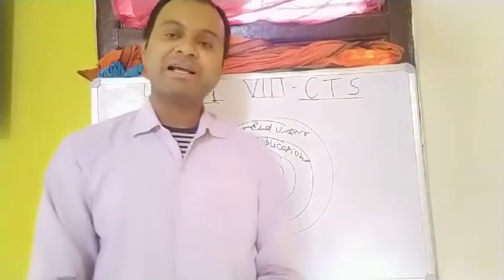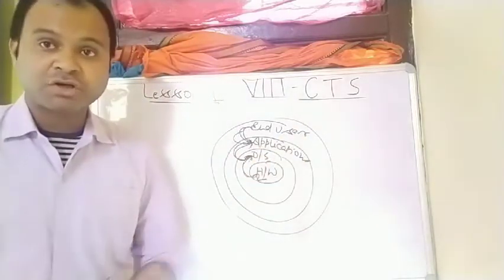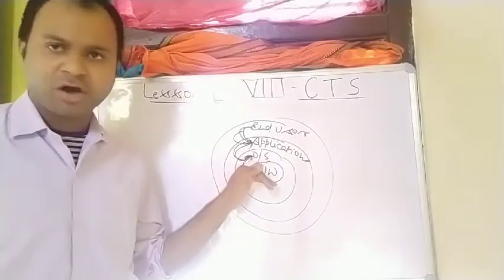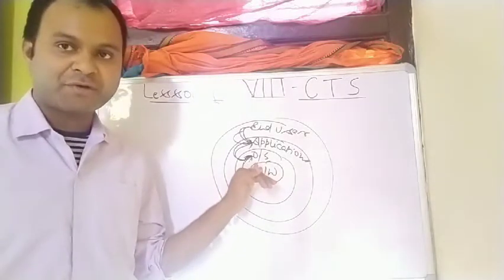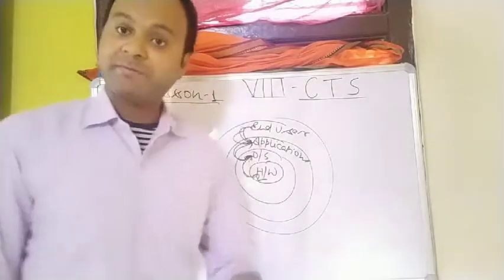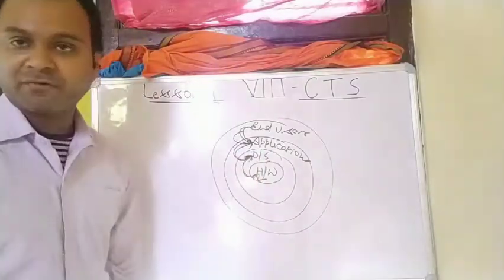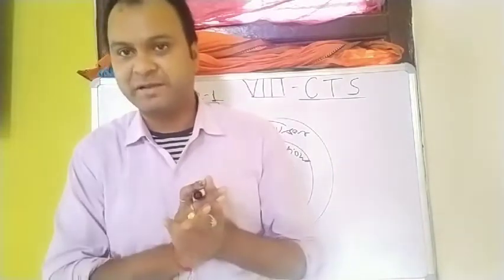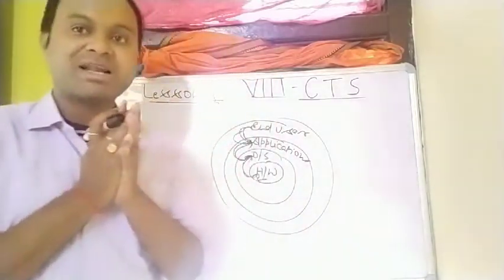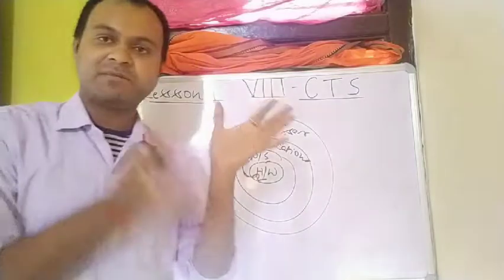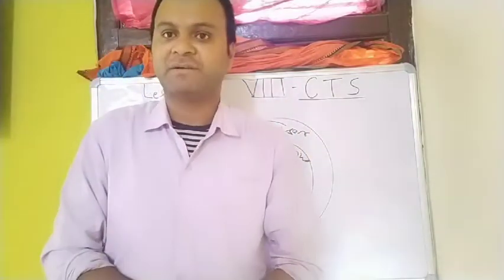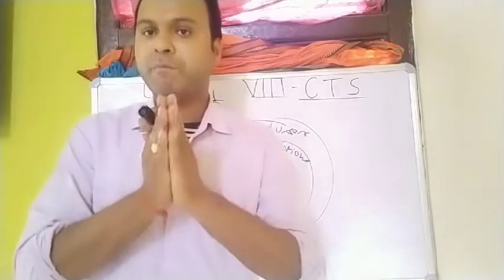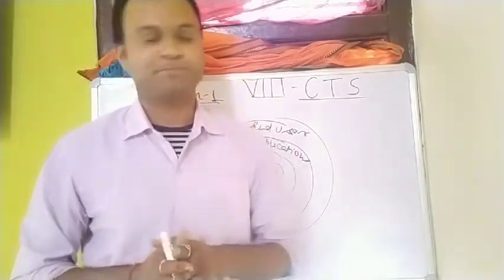Last time, I told you one more thing: that without an operating system, the computer is nothing. The operating system is just like software, and if there is no software, then there is no use of hardware, and if there is no hardware, there is no use of software either. So both are interrelated, both are interwoven, you can say. Without one of them, the computer system is nothing. So both must be combined together to make an efficient computer system.